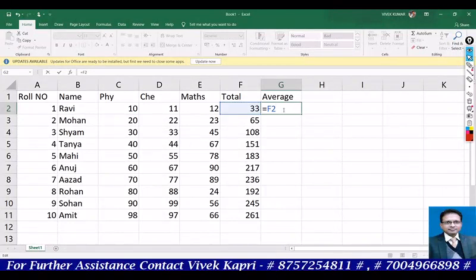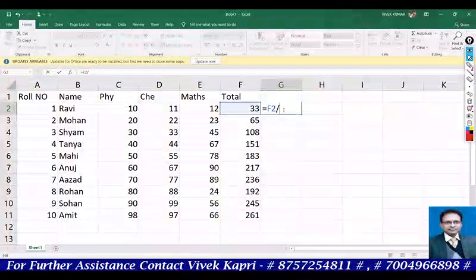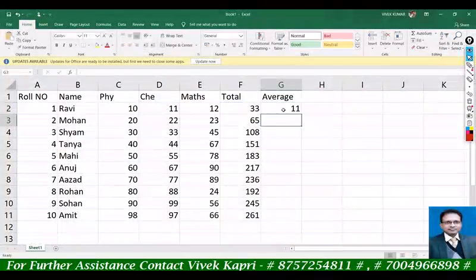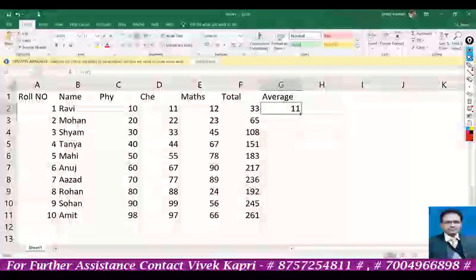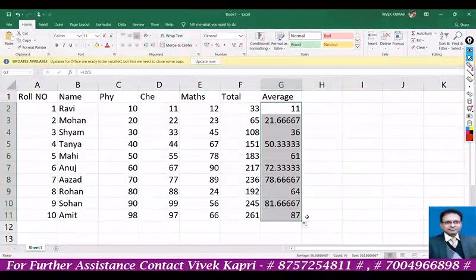So here F2, then the divide sign, and the total number of items is 3, so just write 3. You will get the average, and you can drag the cell to apply it to the rest of the rows, and this is exactly the result.